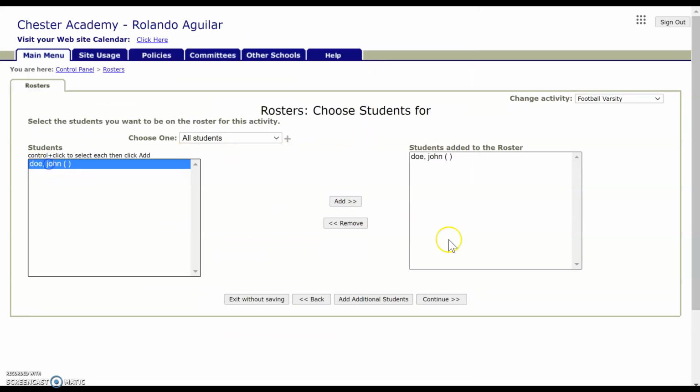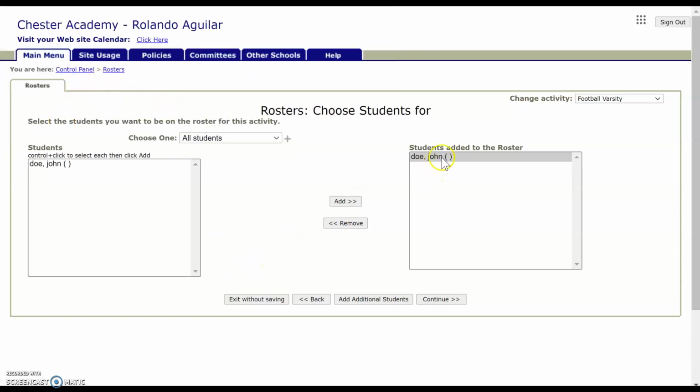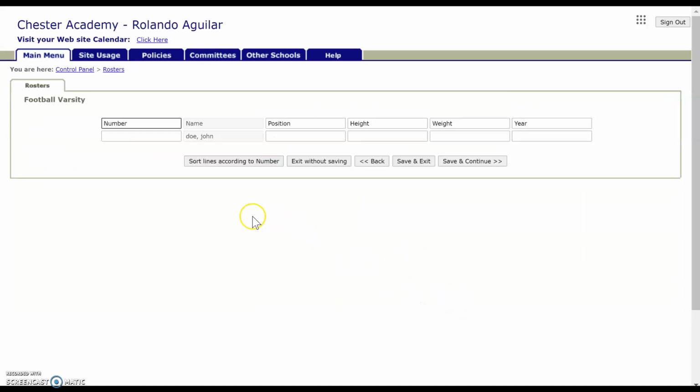And now you can take John Doe and put him onto the list of students. That's over here. And then once you're done, you would click continue. And you can enter in John's number, 56, position, linebacker, height, 6'4", 245, and John is a sophomore, or junior. Now you would save and exit or save and continue, and you would do these things over and over again